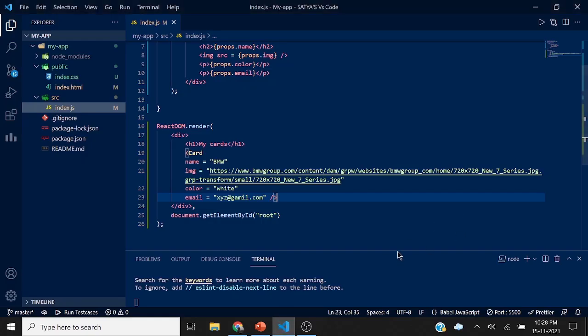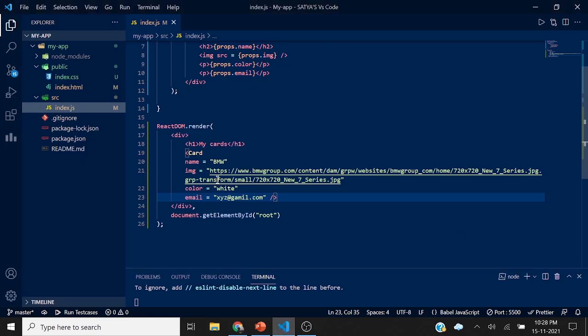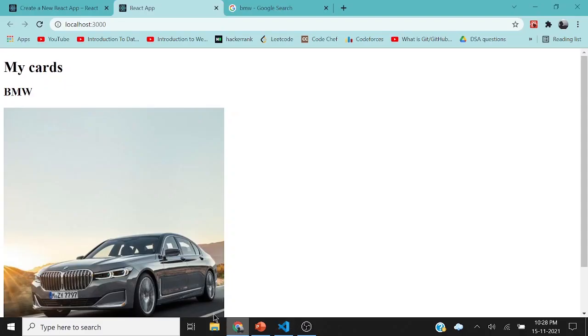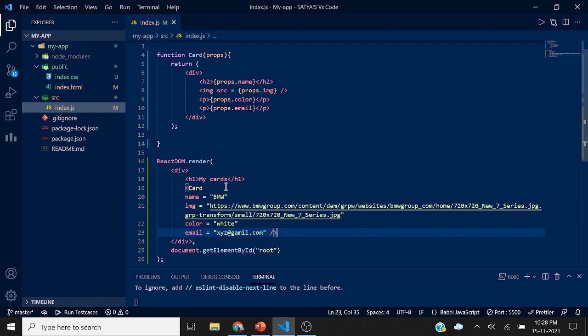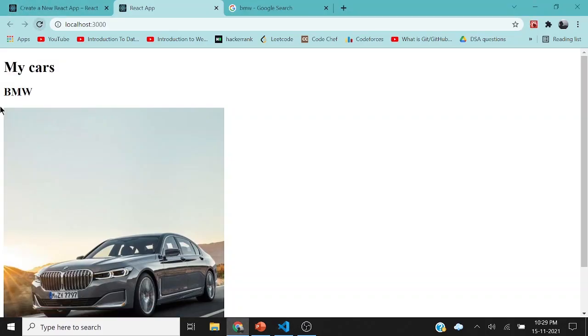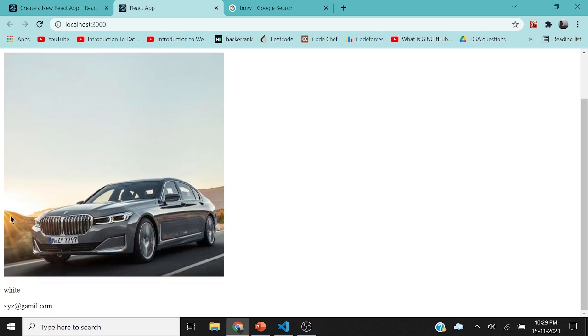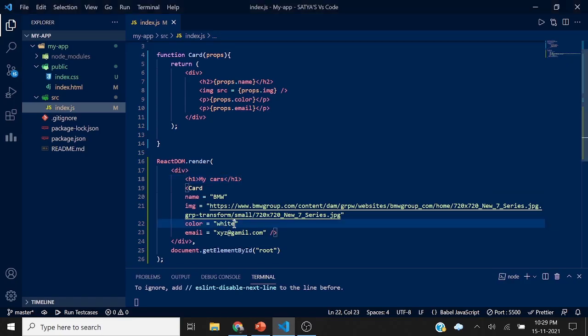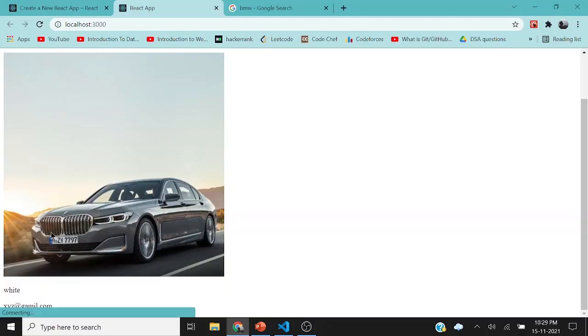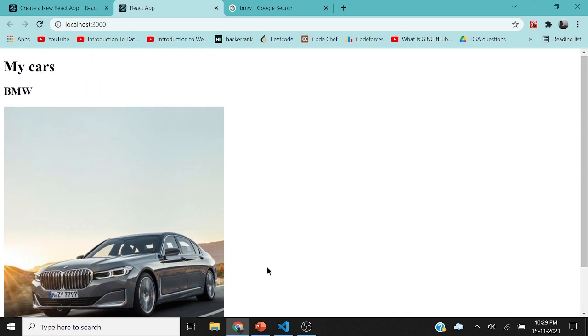What I did is, I have created a card. The car name is BMW. This is my cards, I will change it to my cars so that it will be easy. So BMW, you have got the picture, and the color is not white, it's black, so I converted it to black. The color is black, and the email is xyz@gmail.com. So this is one card.